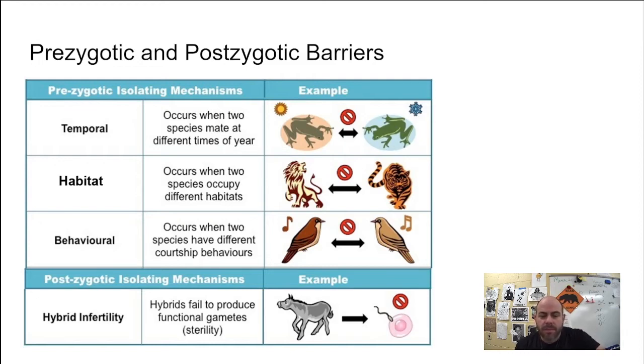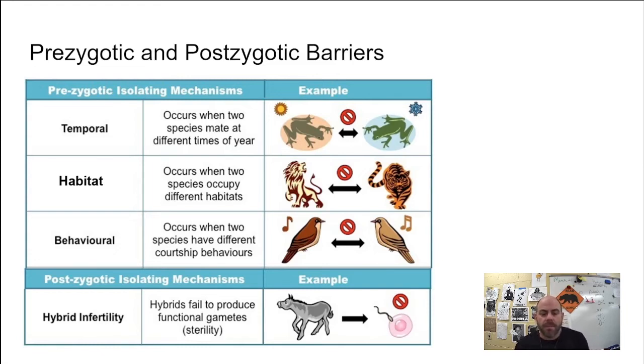And so different habitats. Behavioral isolation, two species have different courtship behaviors. Birds are where you're going to see this a lot, but it could be anything. It could be frogs for that matter that call one another in, right? Different calls. So those are behaviors. Their behaviors are isolating one another. So the first three, they're not actually mating. There's no zygote being formed because one of those three things are isolating those two groups and keeping them separate species.